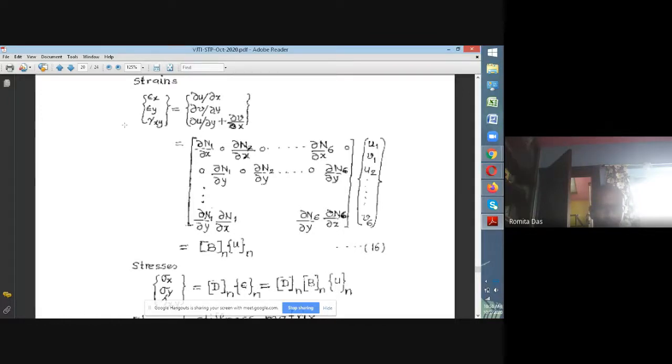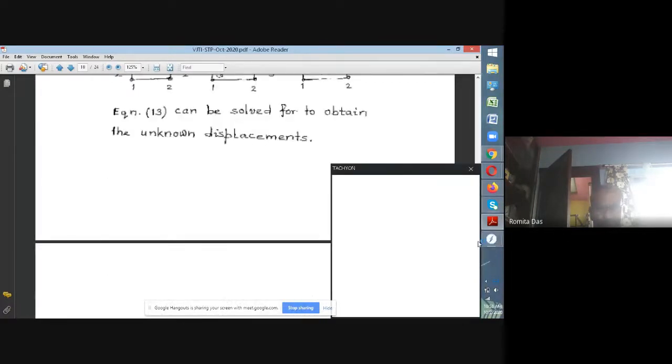So this gives you strain matrix is equal to Bn multiplied by Un. Bn is the strain displacement matrix multiplied by displacement. Now I want to ask you one question at this point. When you have taken a displacement variation which is quadratic, and the first derivative that you get, what sort of form will it have? What will be the order of variation of the strains in this case?